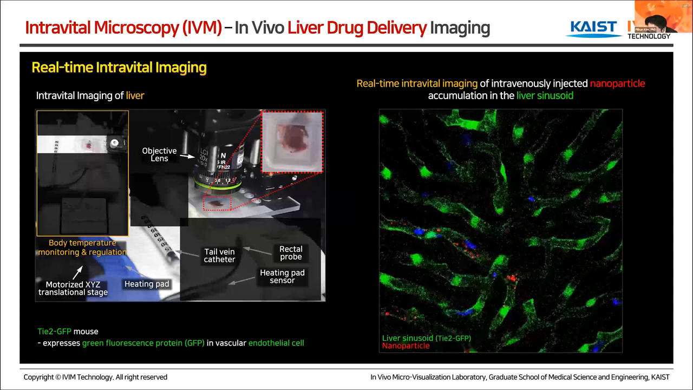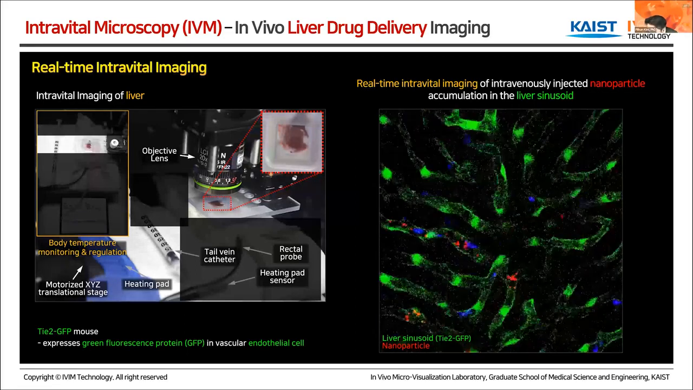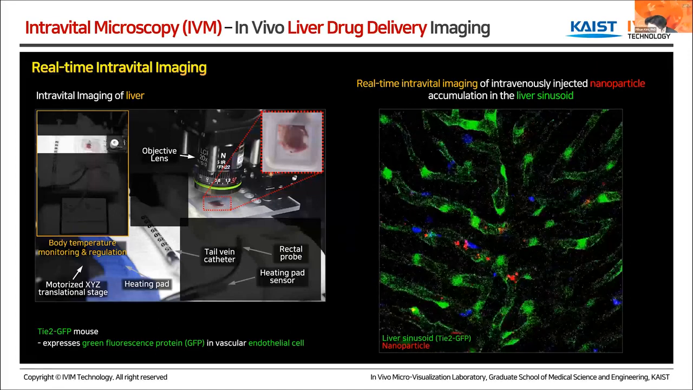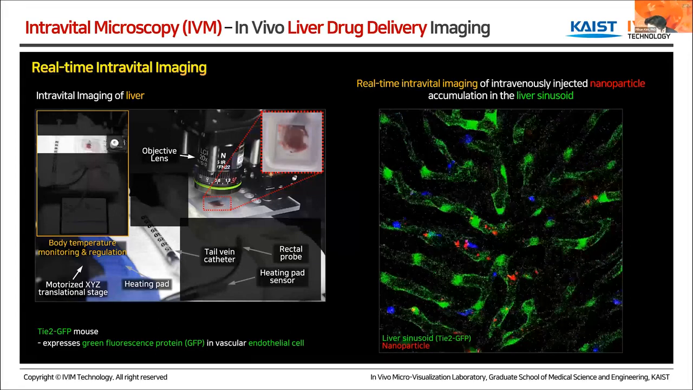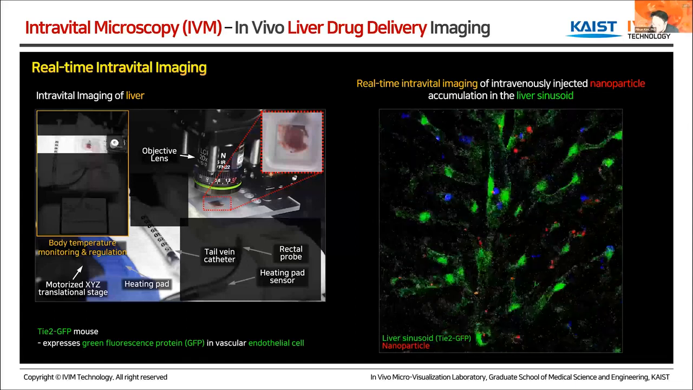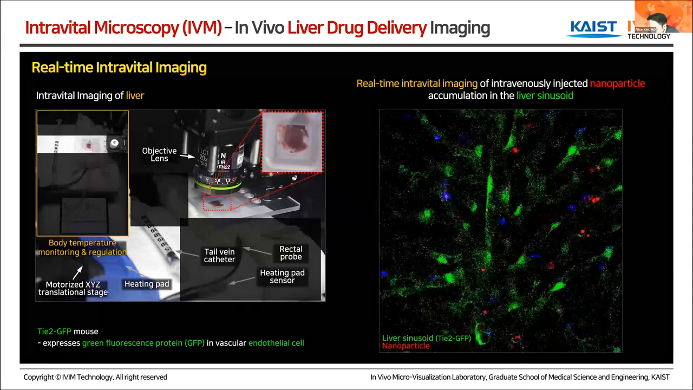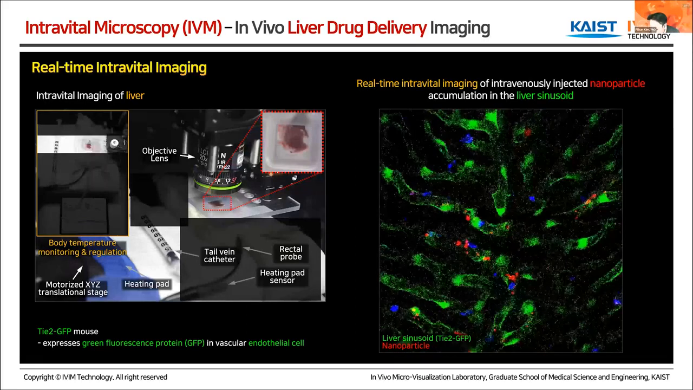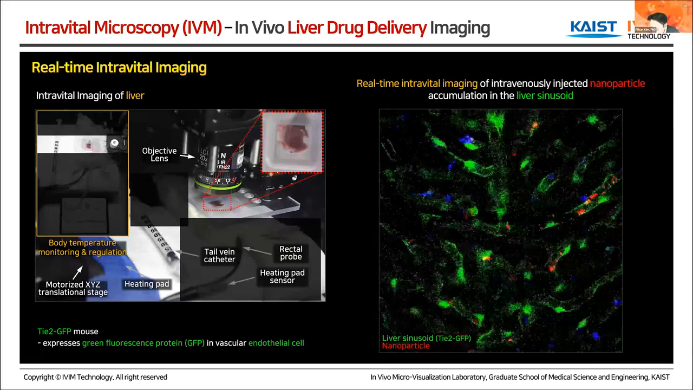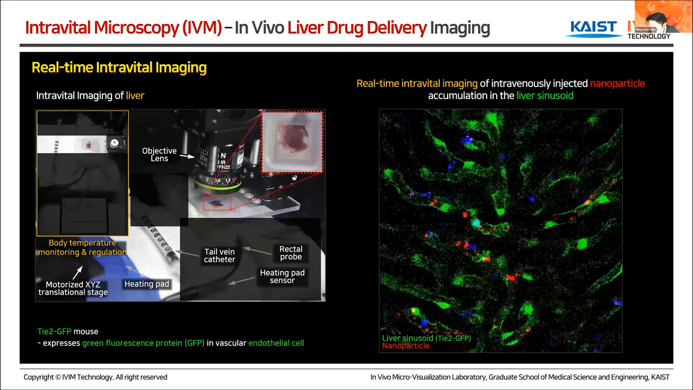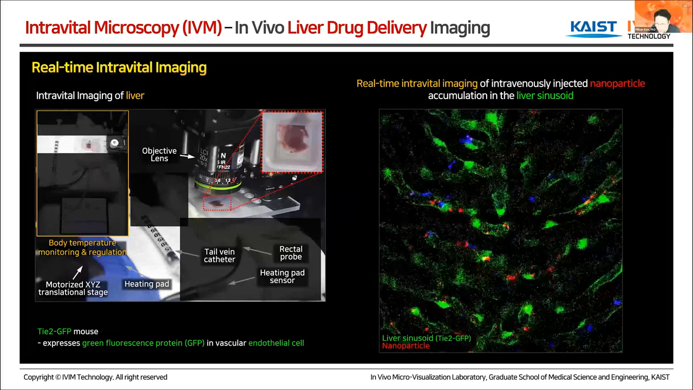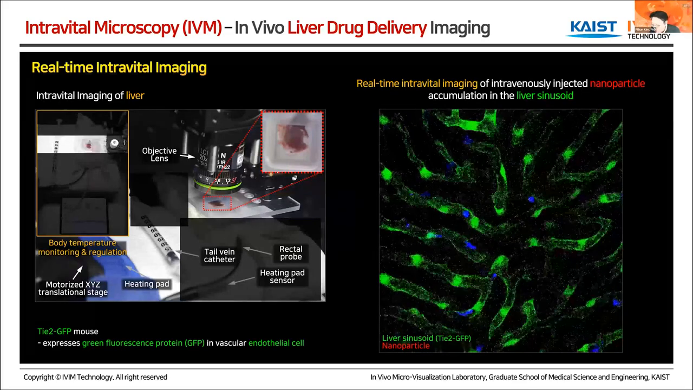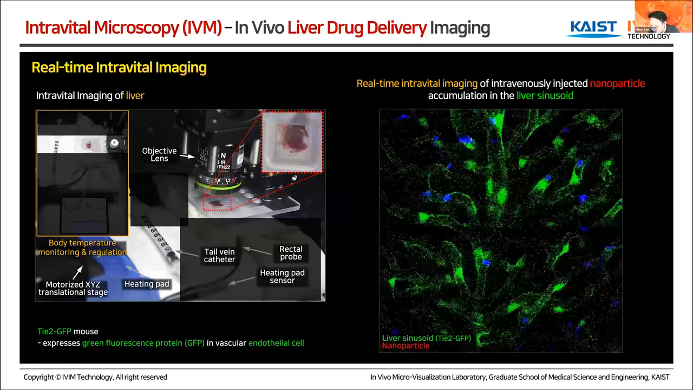Okay, so can isoflurane be used? Yes, we can use isoflurane. If so, is the anesthetic unit coming with the imaging unit? Yeah, if you request it, we can do that. We can provide the anesthetization unit together with our microscope. But if you already have an anesthetization system, then we can support you to connect the existing